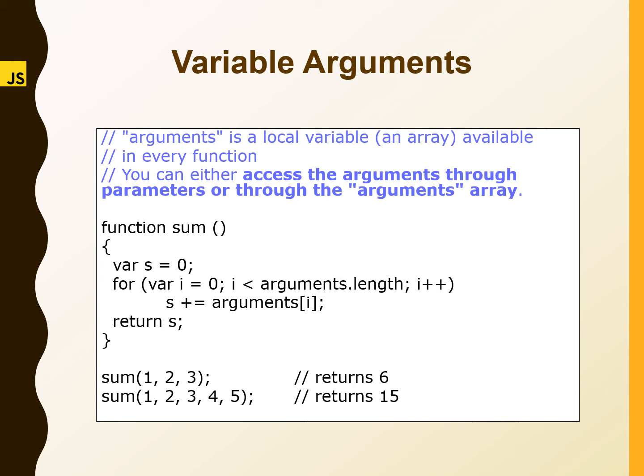So in this particular example, what we see is the arguments array. We use the arguments array when a local variable in the function header is absent: the arguments from the function call are copied to an array called the arguments array. Using a for loop, we can traverse through the elements of the arguments array.